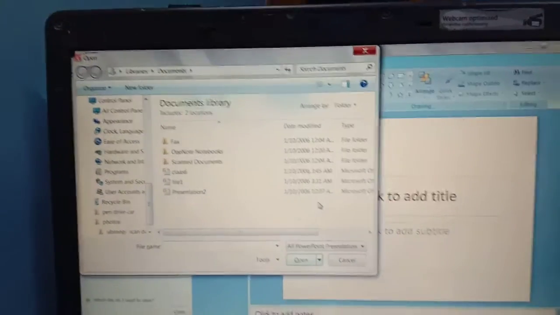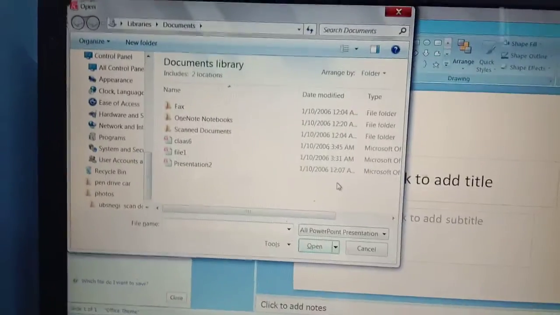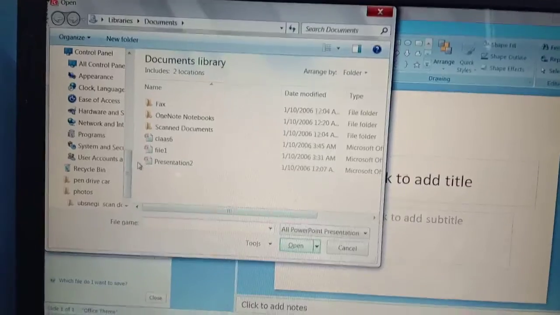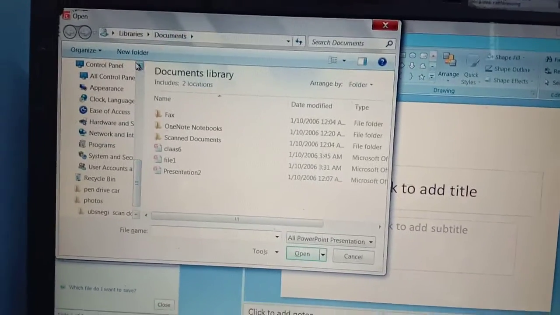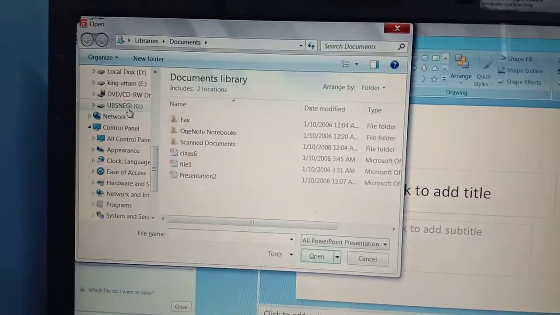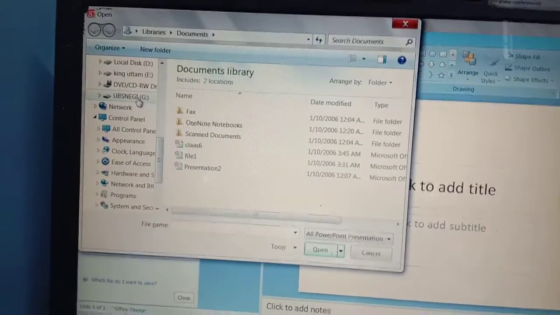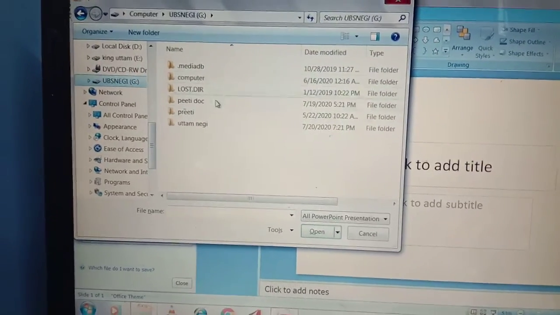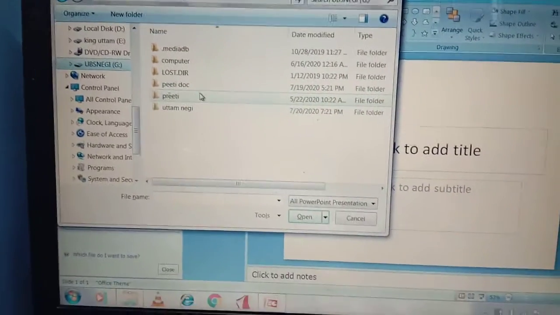Now I want to open my file. My file is in a pen drive. So first of all, I will go into Computer. See here, I can see my pen drive. I can see it here, so I will click on this. I got the folders.